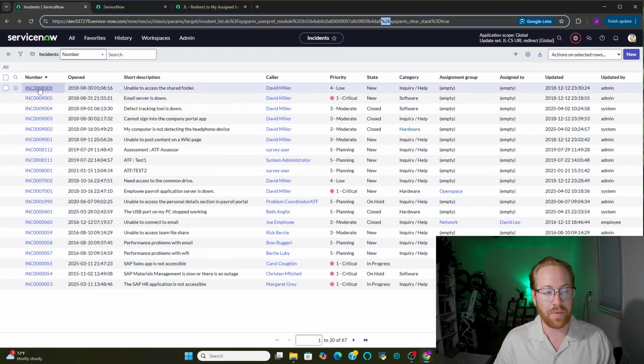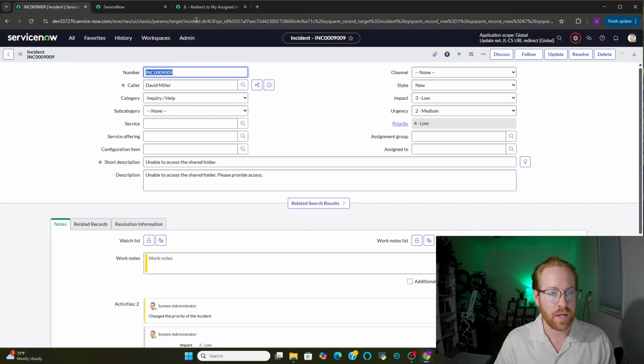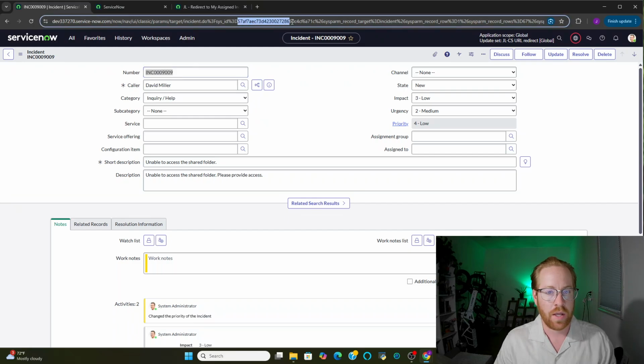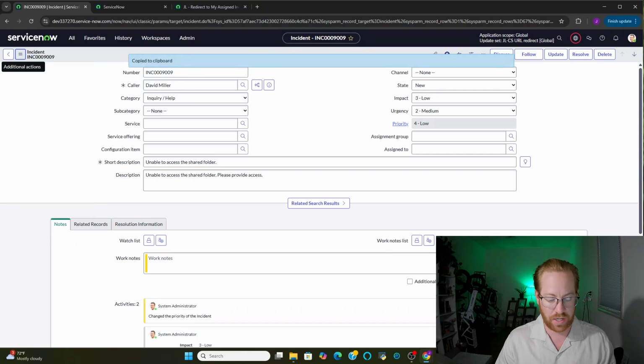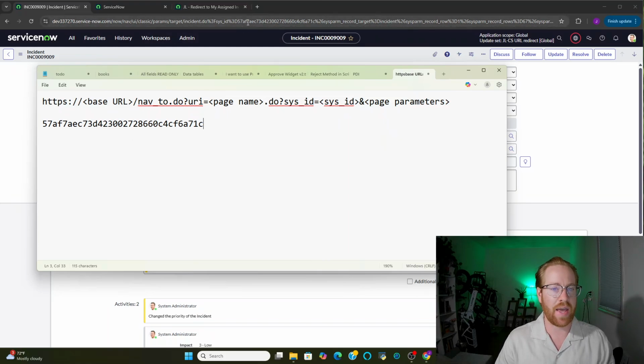One more thing to add about these URLs is you can pull sysids from the URL. If we open up an incident and we look up in this URL, we're going to see percentage 3F sysid percentage 3D. After this D, to the next percentage sign, that's going to be the sysid of this record. Just to prove that, we'll copy the sysid, pull up our little notepad, and bada bing, bada boom. So we have 57AF7,